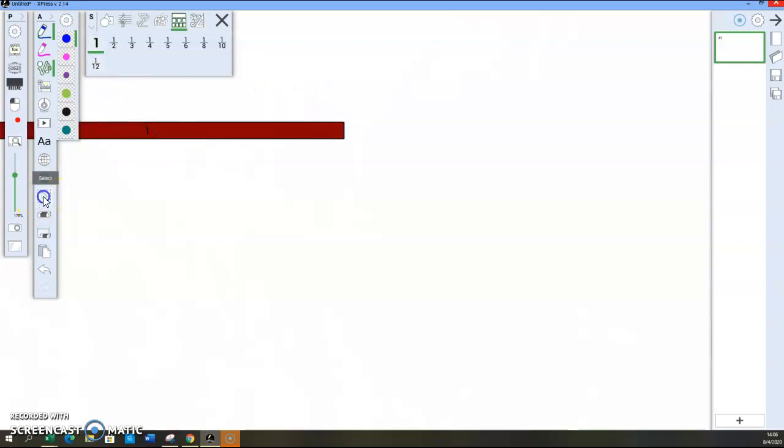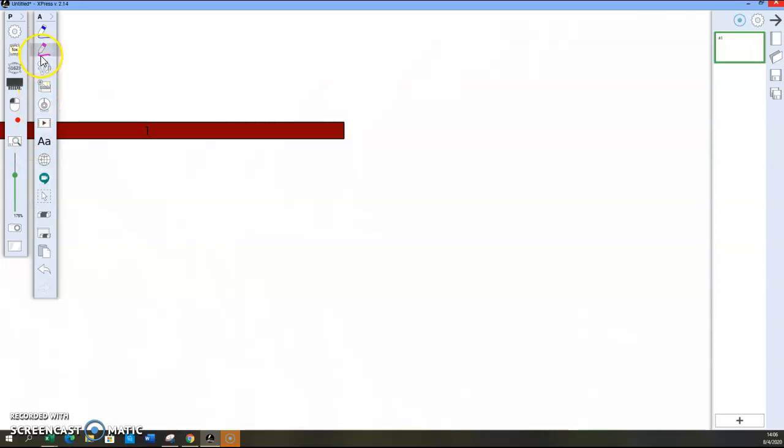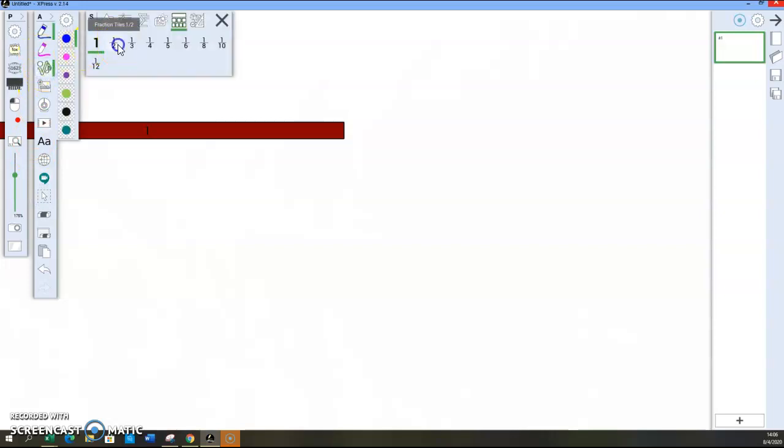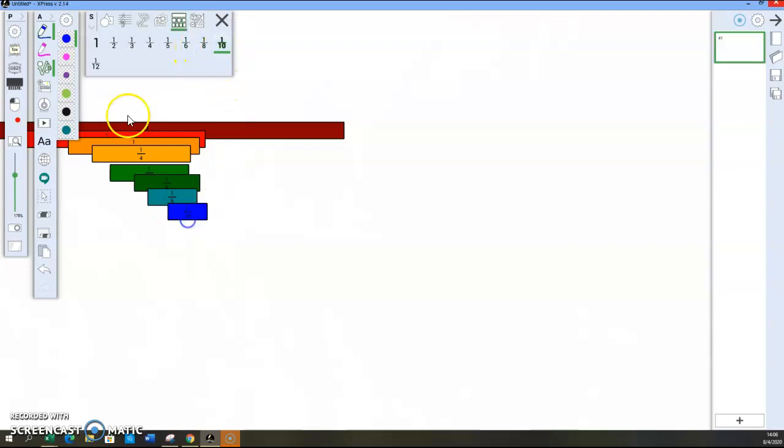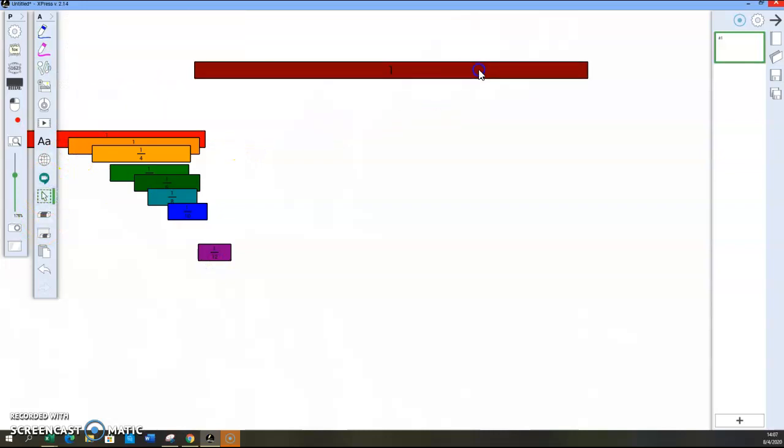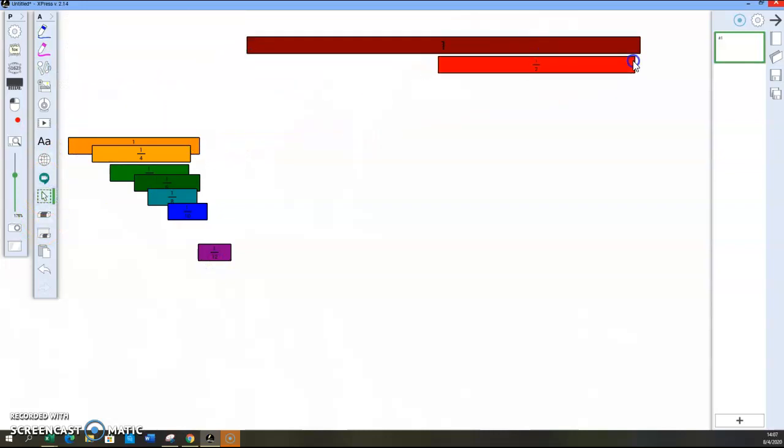I need to make sure that I go back to my selection tool in between each tile so that I can add those tiles in. And then once we have all those tiles added in, if you're only focusing on one tile, then you're just going to use that one tile. But when you're wanting to build the comparisons to get you started with the fractions, then you can pull them,